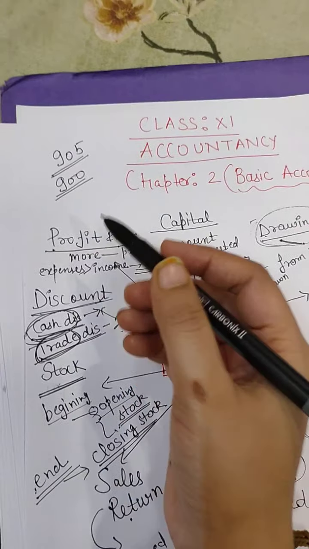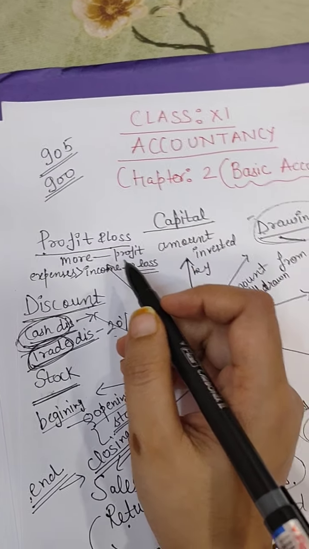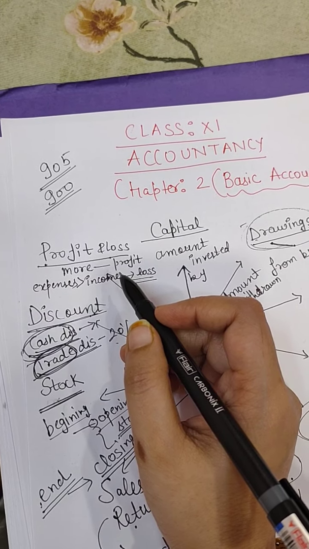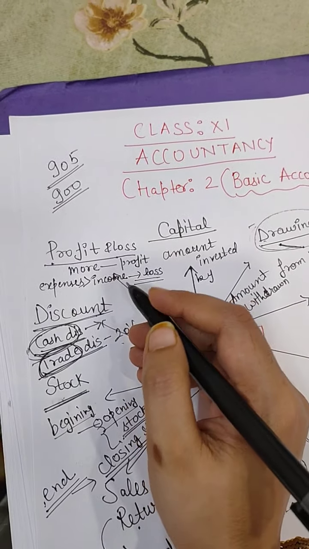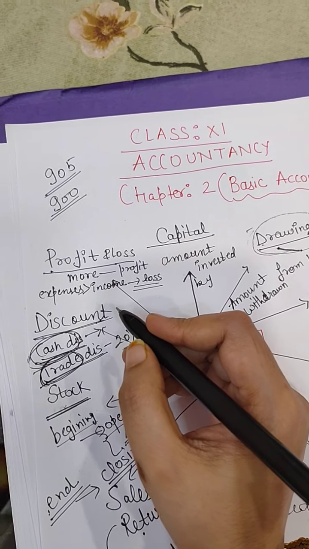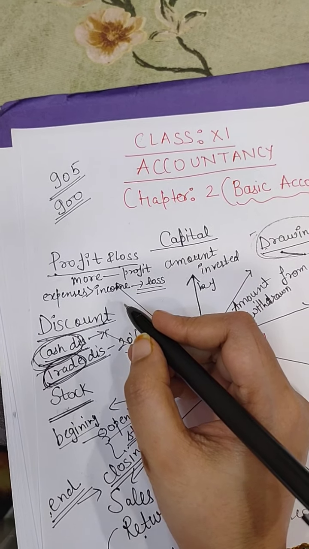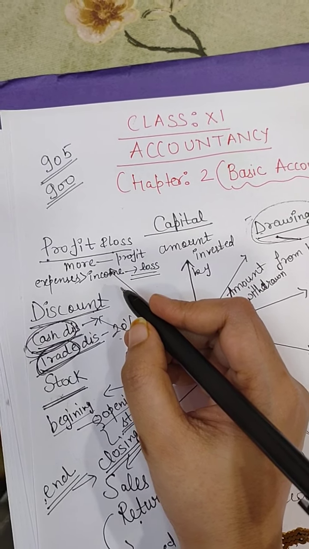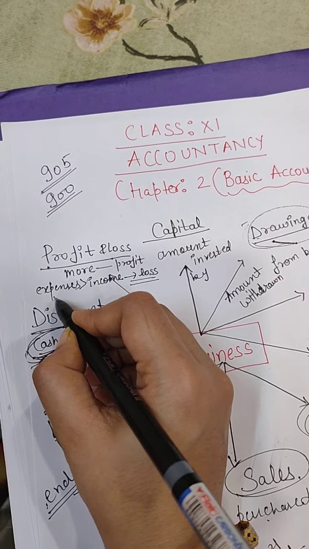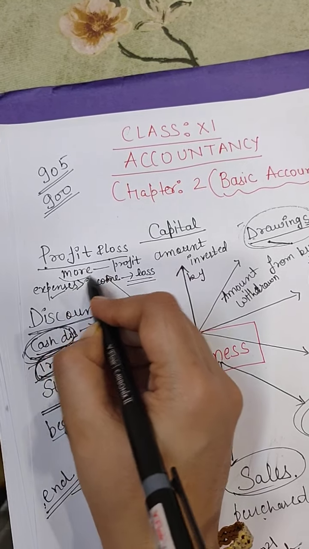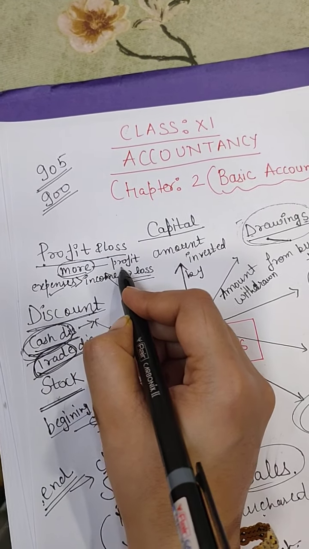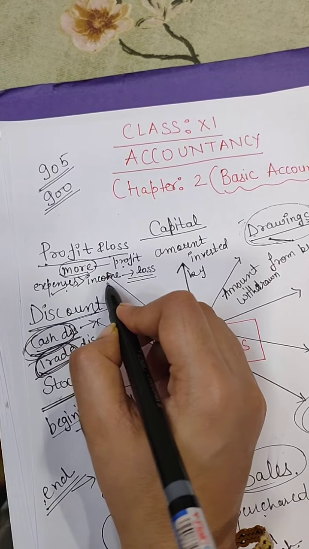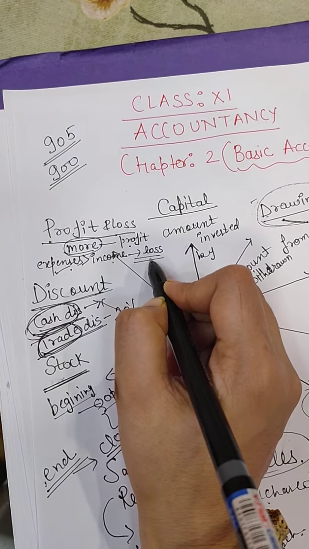But in business, there are many more things, so many expenses. If you are purchasing goods and running a business, your rent and electricity bill will also go. You have to give salaries to the employees. There are so many expenses. So after all the expenses, if you are earning more, then you have profit. But if all the expenses counted are more than incomes, then there is a loss in the business.